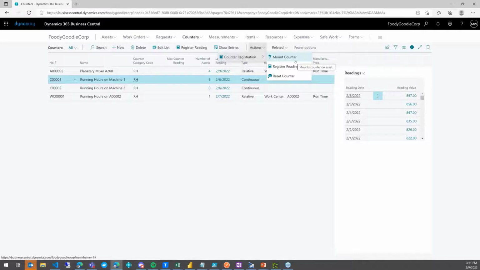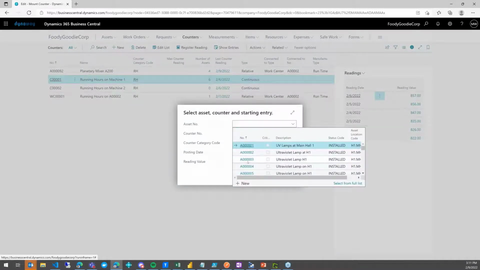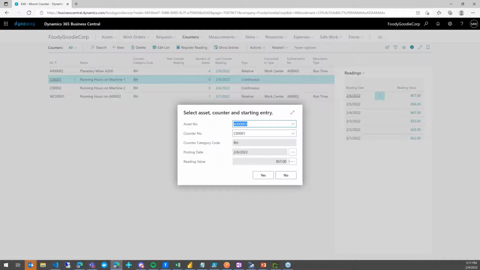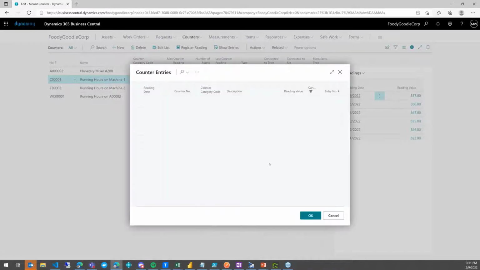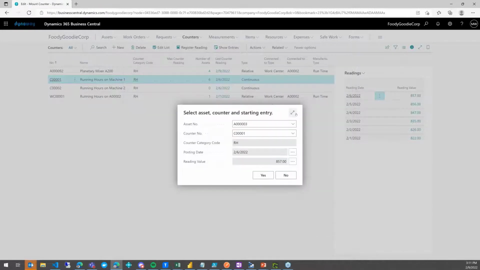So when I'm mounting the asset, I need to specify what the asset is, what the counter is, and also I need to specify at which moment we should assign the counter, right? So it may be in the past because you forgot, for example, but of course, most likely it is at the moment when you are doing the counter registration,